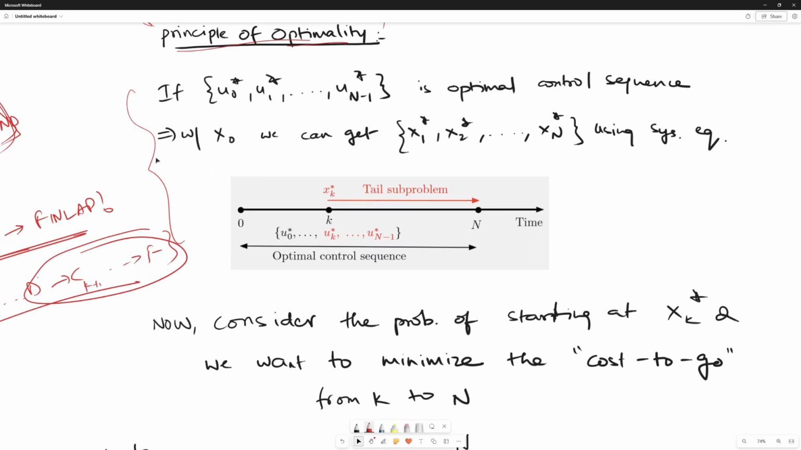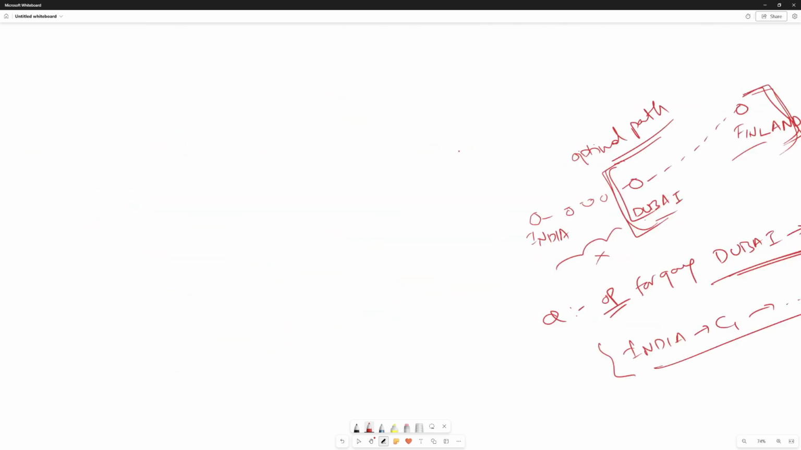We can look at this formally. Given that u0 star, u1 star, to un minus 1 star is the optimal control sequence with x0, we can obviously get x1 star, x2 star, xn star using the system equation. The system equation again is xk plus 1 is equal to f of k, xk, uk. This is what is called the system equation. So using the system equation, I am already given the optimal control sequence u0 star, u1 star, un minus 1 star. Given this optimal control sequence, I can get the optimal